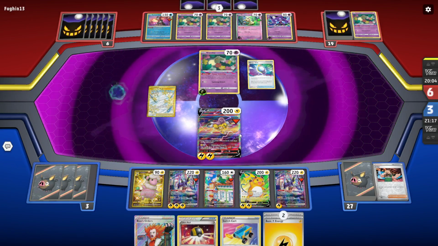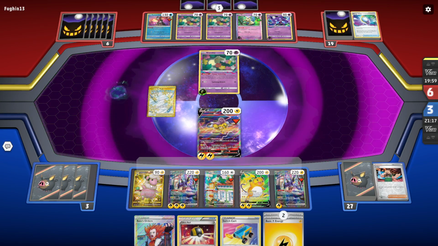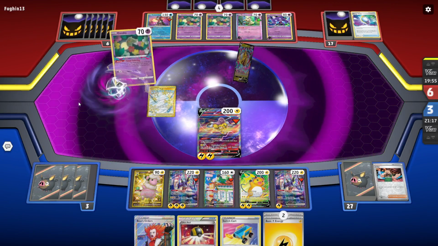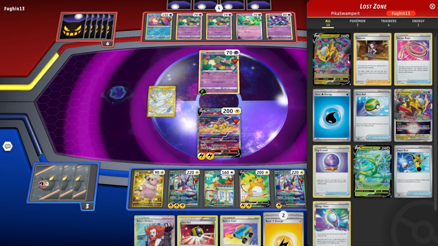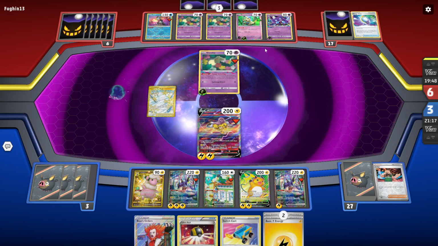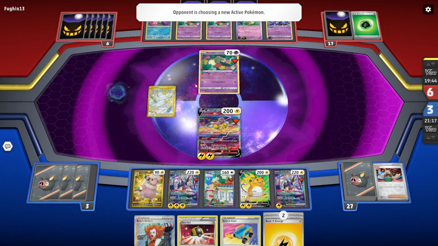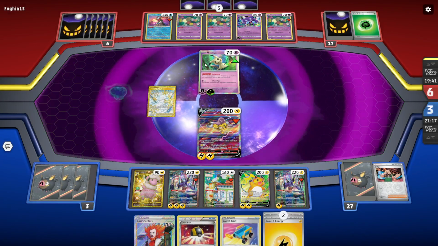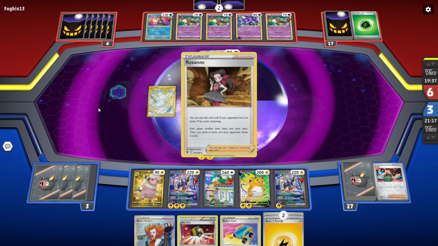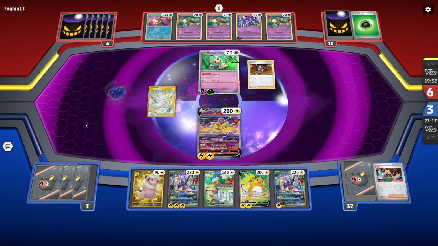I mean, we have 2 prizes left to go, so... I mean, sure. Oh no, my Flaaffy is going down. Okay, so they're just completely abandoning the Tina line altogether, but... Ooh, they might actually be going for the Mimikyu play right now. Yeah, they're going for the Mimikyu play. That's actually really perfect. This is perfect, because the fact that they did that... Second Roxanne! What? Okay, well...